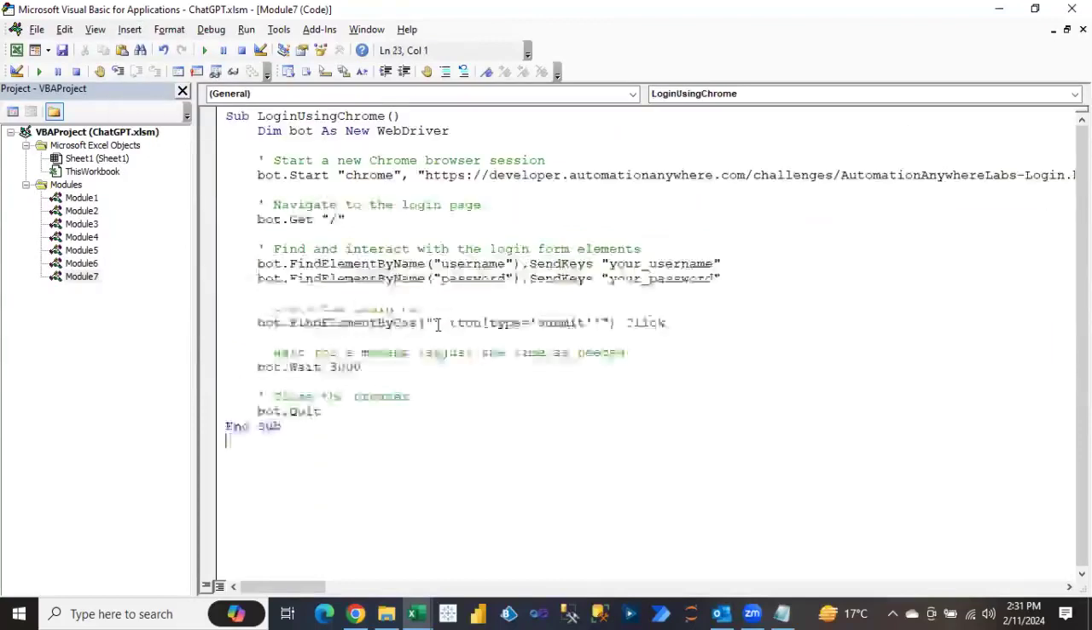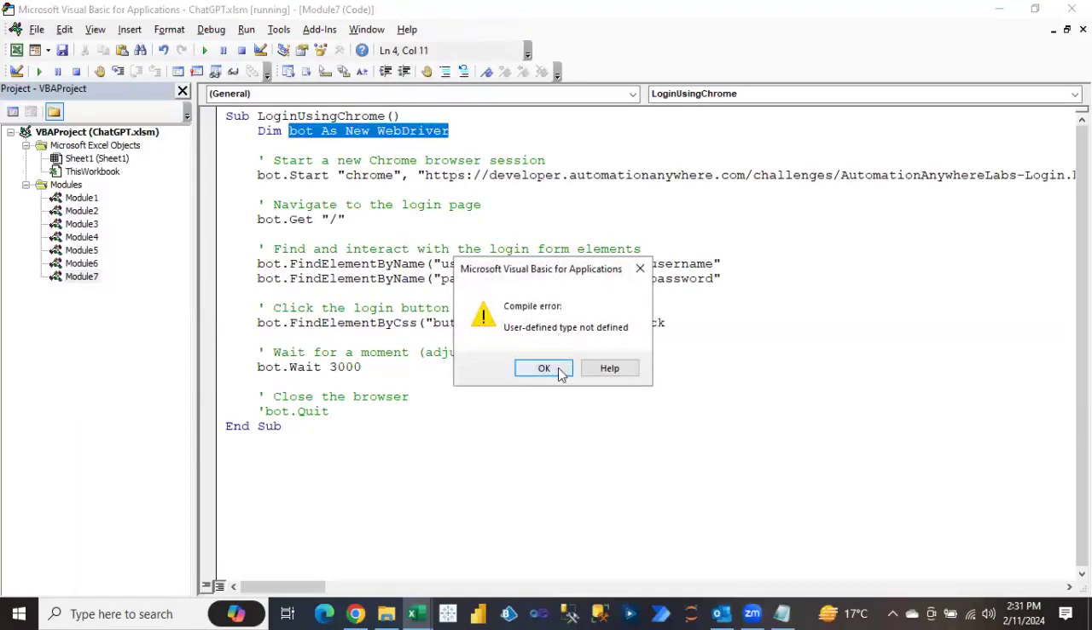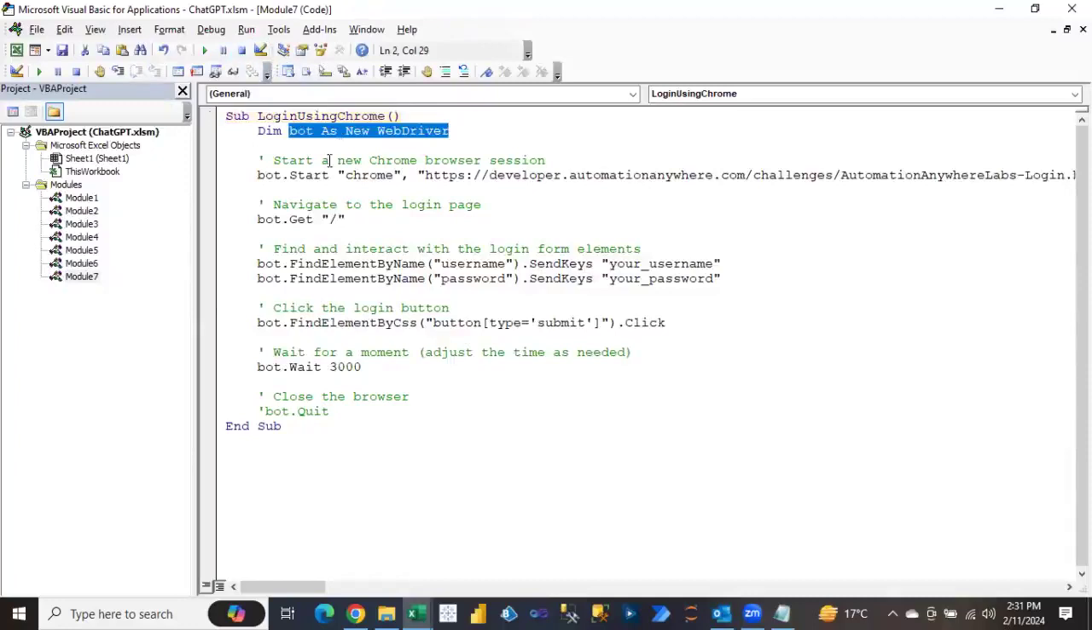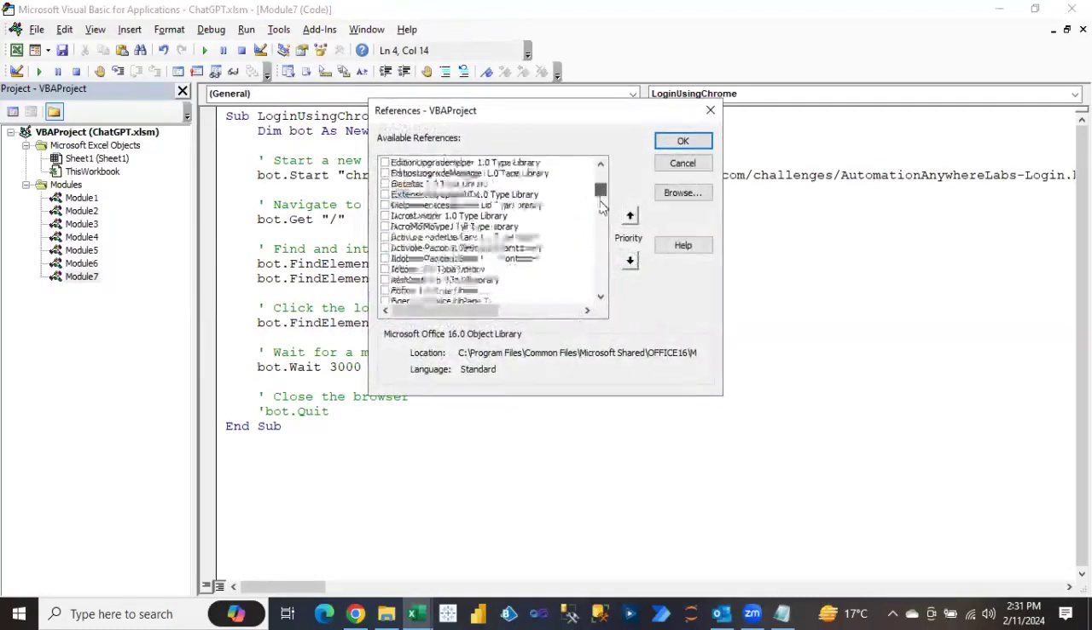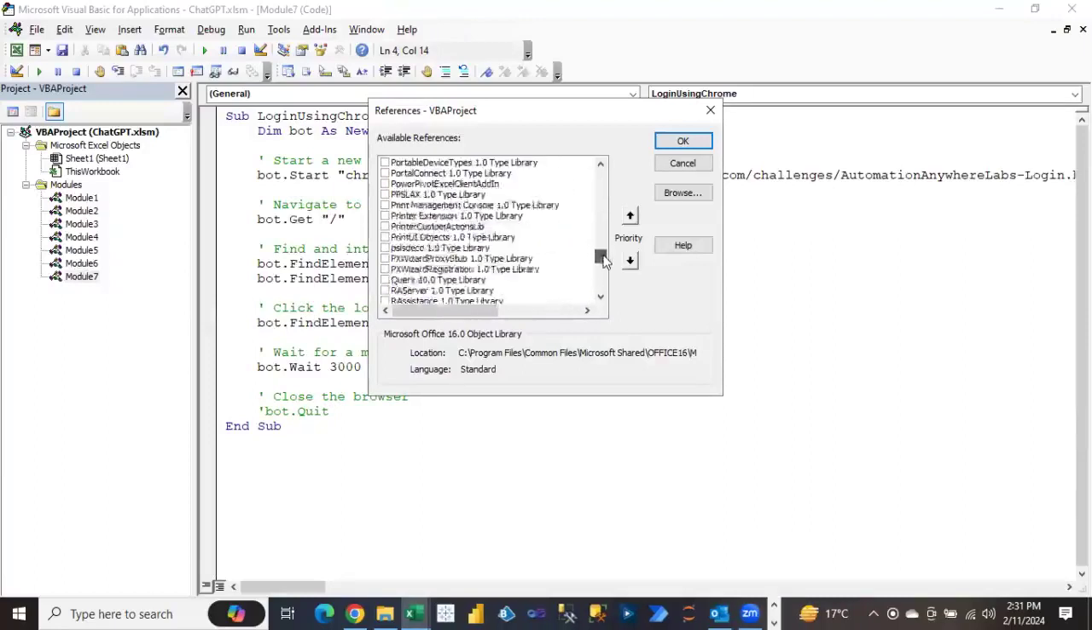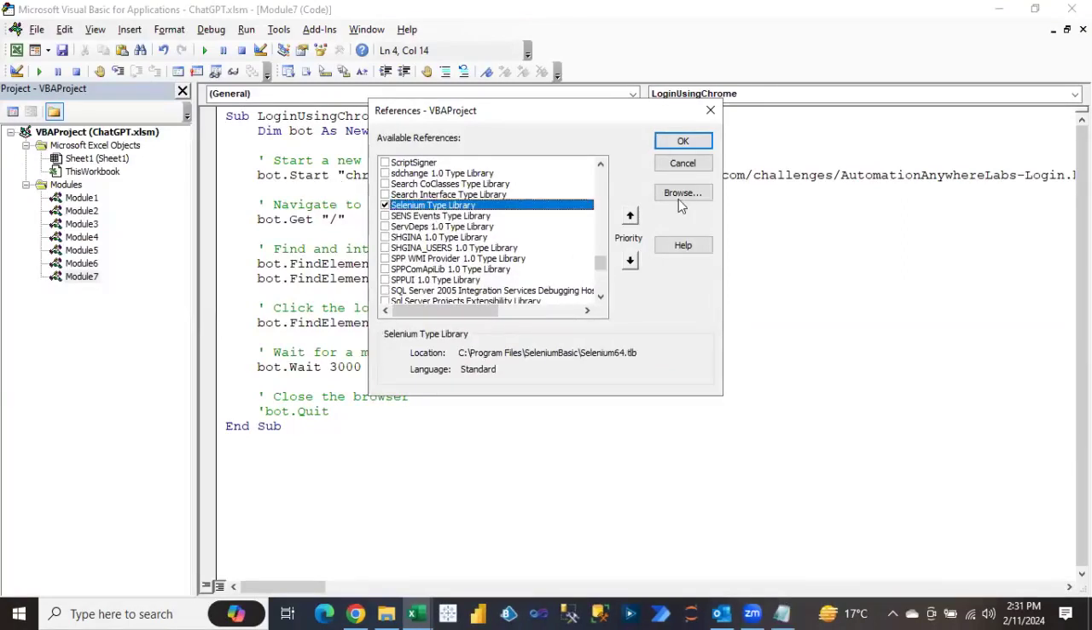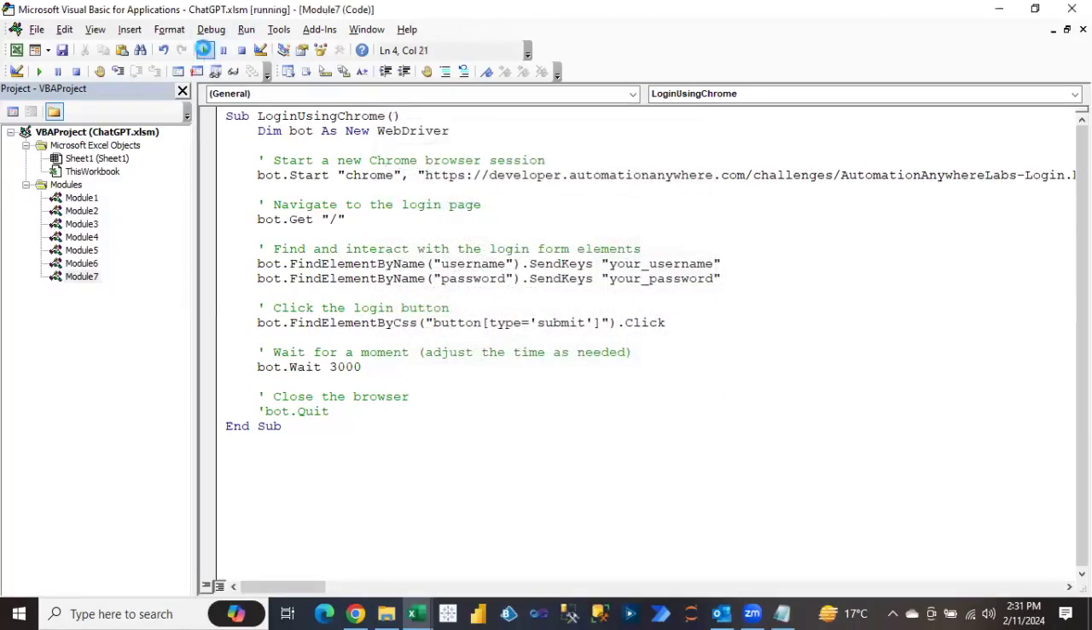So look into this. When I'm running this code, here I'm making this bot quit a comment. Otherwise bot quit is basically to close this browser. I do not want to close it, I just want to show you something. When I'm clicking on this, it says user defined type not defined. Why? Because when you install Chrome, you have to add it from the library. So in tools, then references, here you will be able to see the Selenium Basic type library, this one. You have to add that. Now if I click on this one,